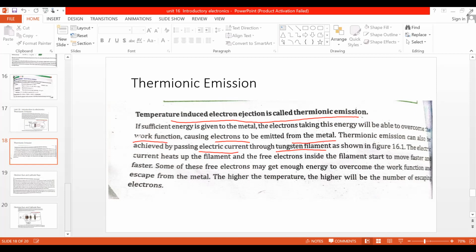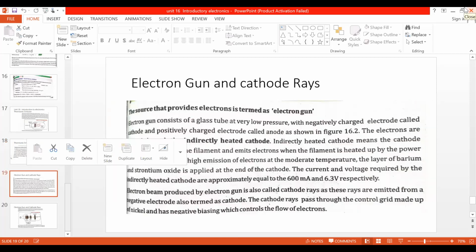The electric current heats the filament and the free electrons inside the filament start to move faster and faster. Some of these free electrons may get enough energy to overcome the work function and escape from the metal. The higher the temperature, the higher will be the number of escaping electrons. So it depends upon how much voltage we are providing to this tungsten filament, right? You only have to write this definition in your notebook for your knowledge that you have done this topic. Now, the next is